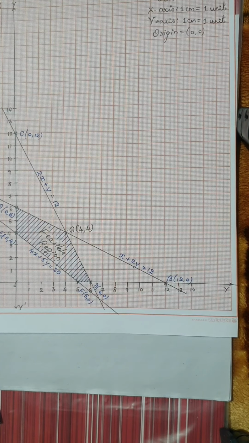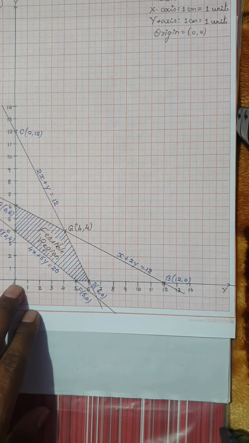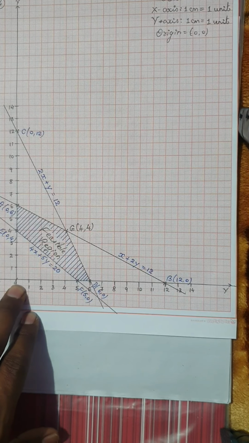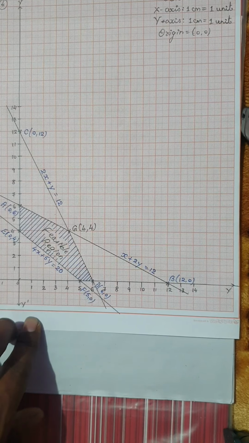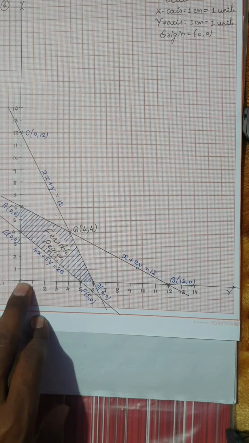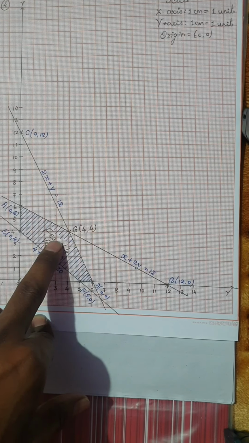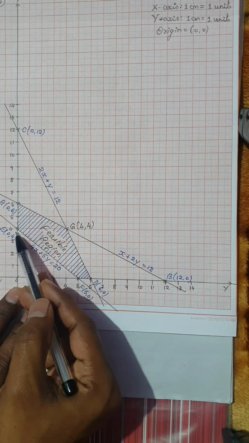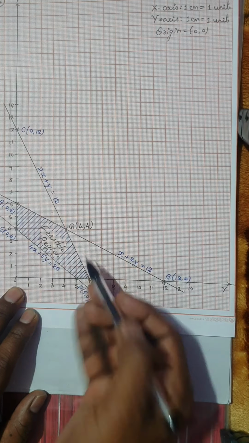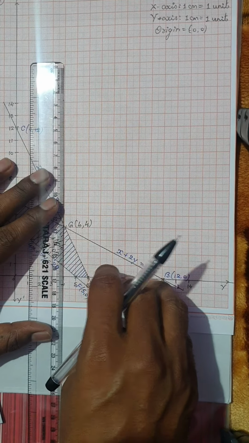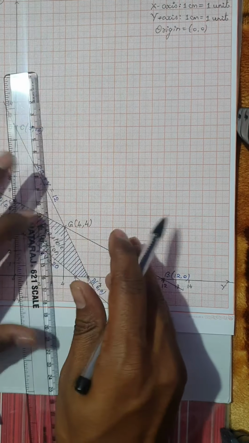Please note down, my students, in all questions you need not have the origin 0, 0 as an endpoint. Most of the students sometimes make the mistake of taking the origin for granted as an endpoint of the feasible region. Please note down, in this question the origin is not an endpoint of the feasible region. You need not always have the origin as an endpoint. So the points are A, E, F, D and the point G, which is 4, 4. If you plot it neatly on a graph, you will get it exactly in the graph itself.